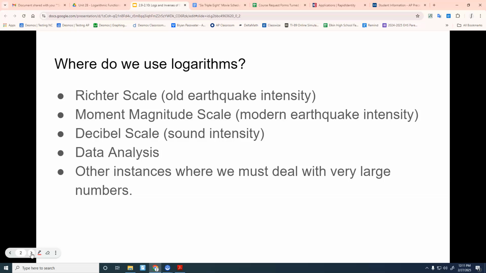A couple in particular that we see that are logarithmic scales would be the Richter scale. Although whenever I was looking this up a little bit more, I read that the Richter scale is actually not what we use for earthquakes anymore. It's an old scale that Mr. Richter came up with, and they have modernized it, and the moment magnitude scale is what scientists are actually using these days. It's similar to the Richter scale, but it's updated a little bit more. However, if you ever hear people talk about earthquakes and how bad they are, they probably still call it the Richter scale. But Richter scale,